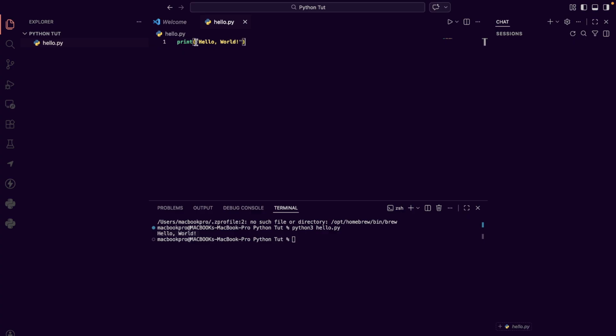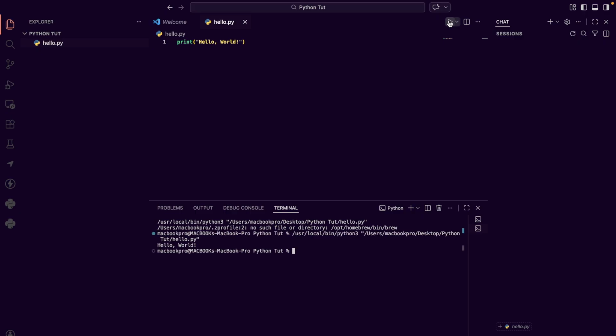This is the real word that we want to see, that's hello world, and this hello world is now printed here. There is another way that you can run this program. Instead of writing code, you come here, you see this button here. When you hover on it, it says run Python file. You click on it and then you wait, and that one too can show you the results here.